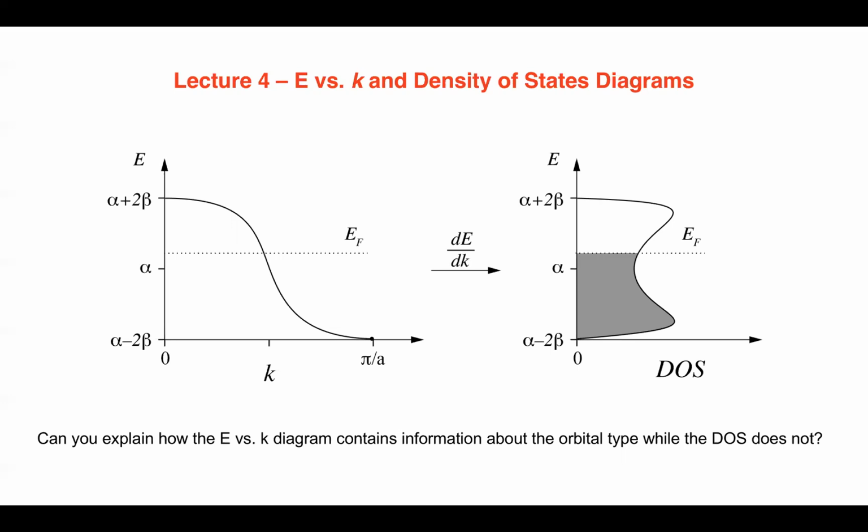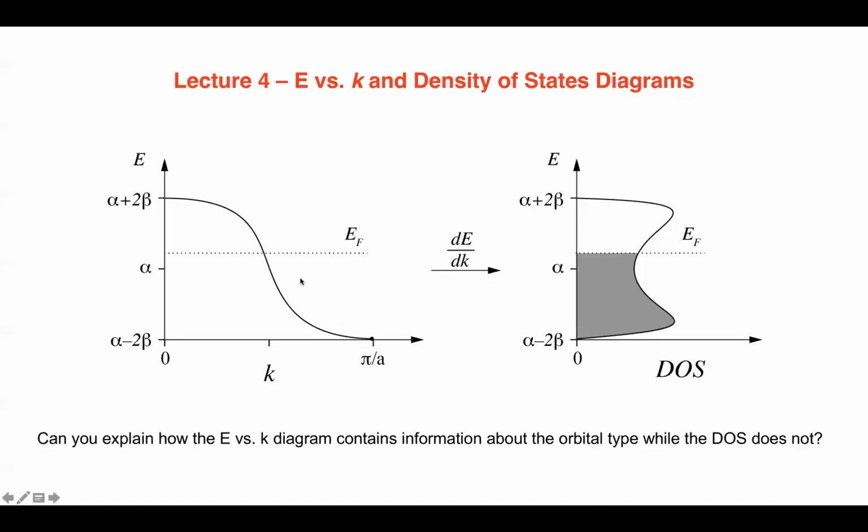But here you're seeing what symmetry, what wave function it is that's filled up. Another thing to be aware of that is quite useful here, or that makes these energy versus K diagrams powerful. Imagine if this were an s orbital band instead of a p orbital band. I can look at this energy versus K diagram on the left and know that this is a linear combination